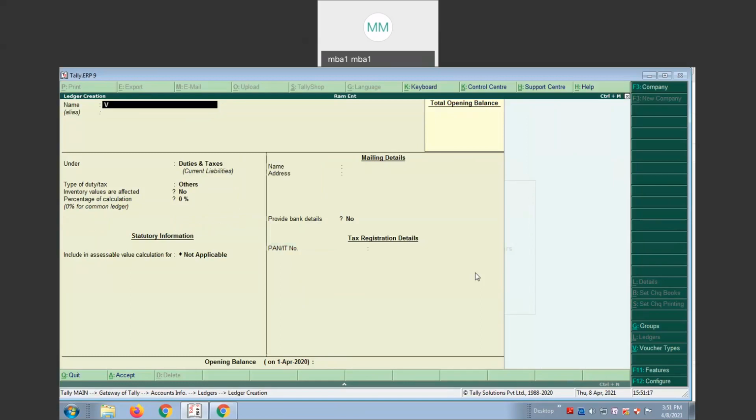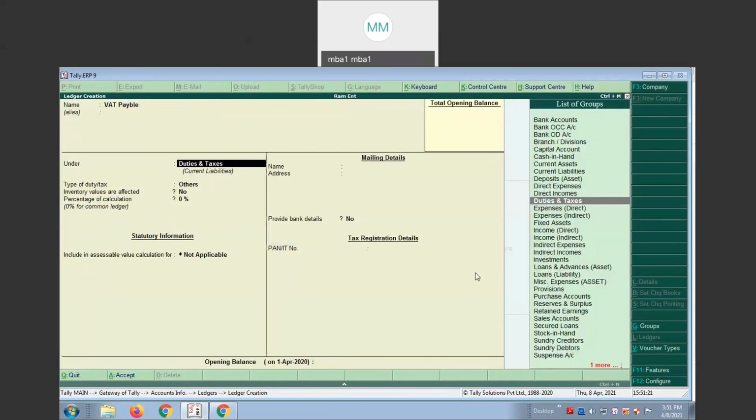What is that? VAT payable. Sir, what is VAT payable? When output tax is more than the input tax, you need to pay the tax to the government.